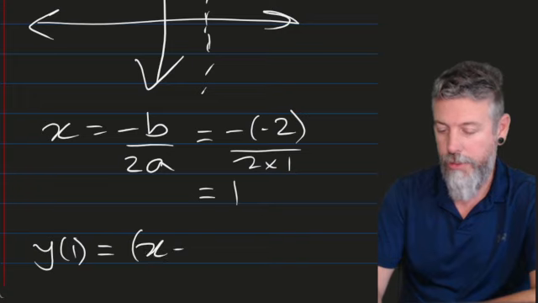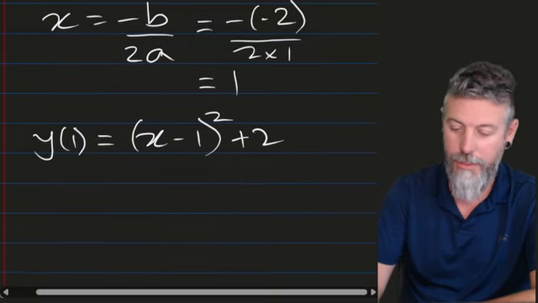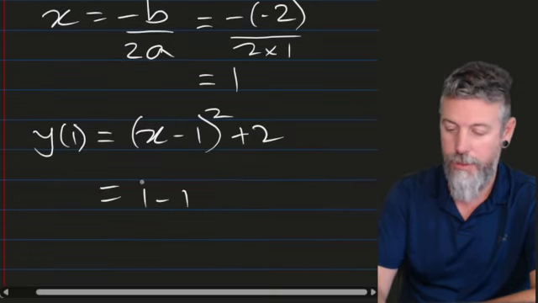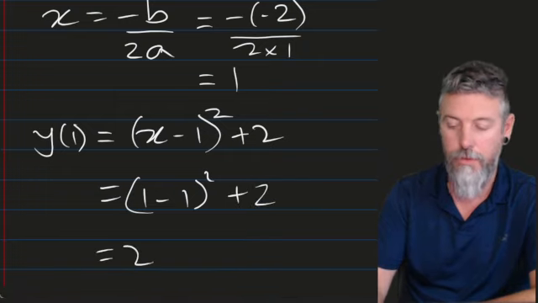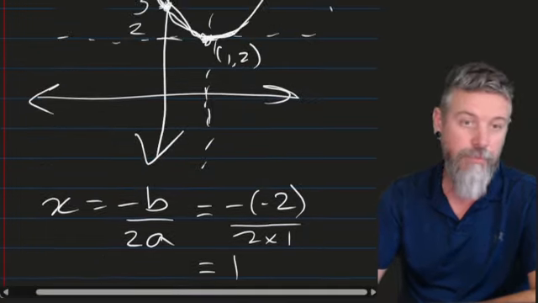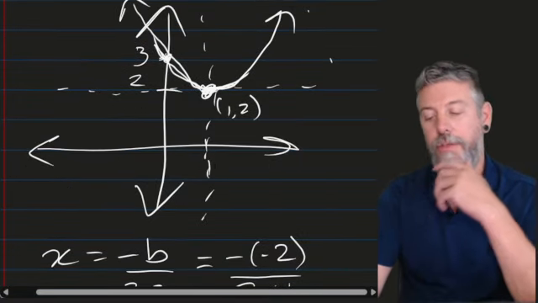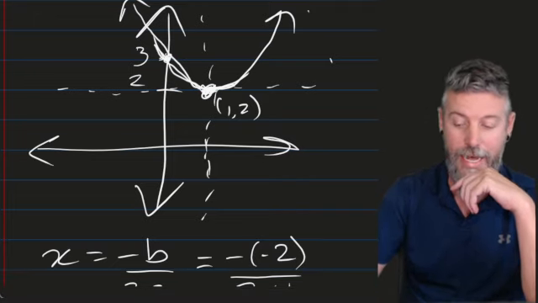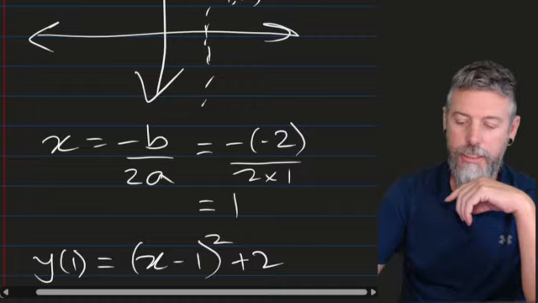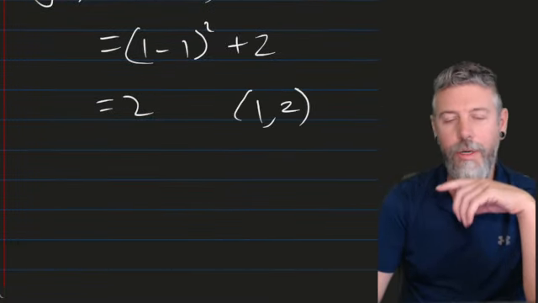If we put it into the one that we found, then we're going to get a 0 out of this part, and we're just going to get a plus 2. So we're going to get 1 minus 1 squared, which is nothing squared, plus 2 equals 2. And so now we, by equation method, have confirmed that our vertex is at the point that we thought it was at earlier. So I just want you to have this skill set